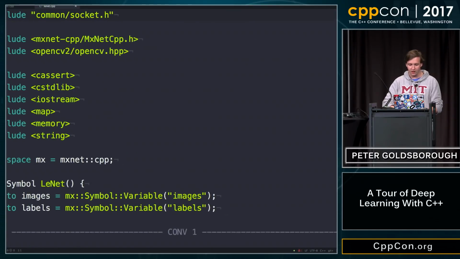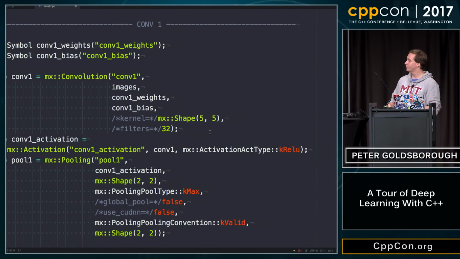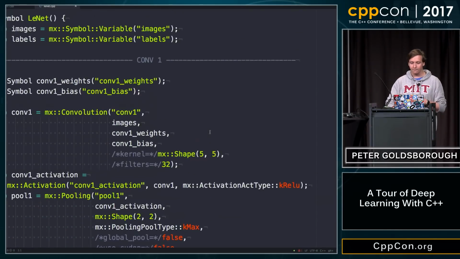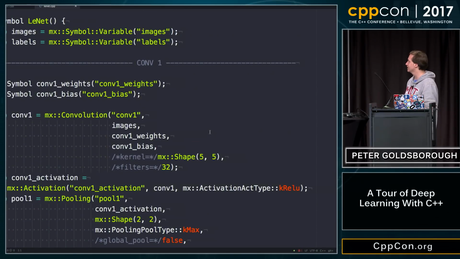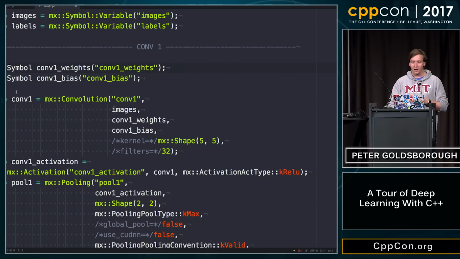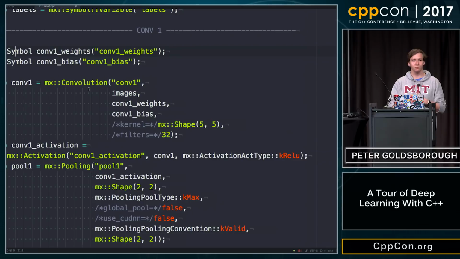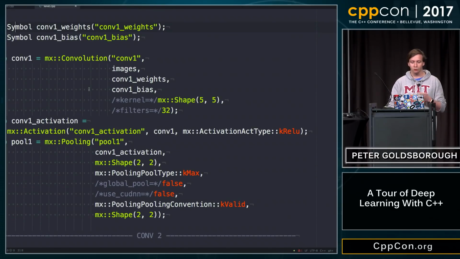We're going to define a very simple machine learning model. Actually, it's not simple. I'm not going to go into very much detail, but I just want to show you that MXNet has a very usable research API in C++. So this is C++, as we all love it. And we're defining a static graph with MXNet using C++. As you can see, MXNet has these symbols. A symbol is a node in the computation graph. And we can use a reasonably nice user-facing API to, for example, do a convolution. The convolution would be a computation graph node itself.